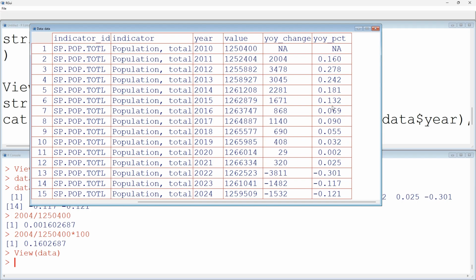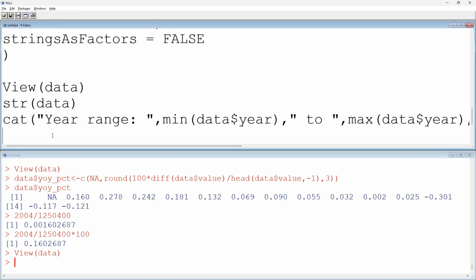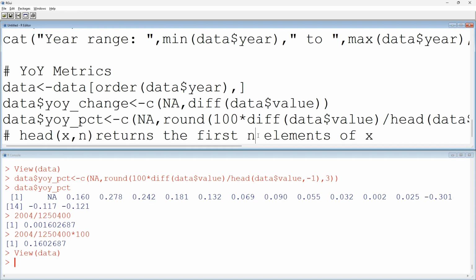So we observe a decline in the population size of Mauritius since 2022. Okay, so that's okay. What are the other things that I want to do with you? Maybe I will now do something like,